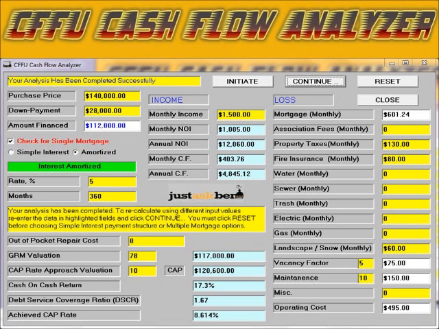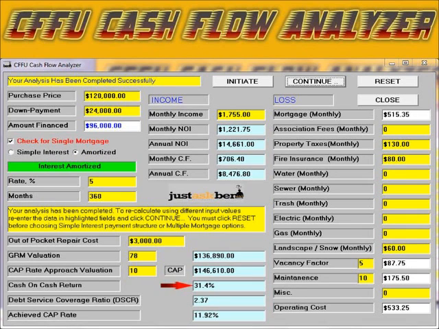So in the original proposal, this is where we paid $140,000 for the building for $1,500 a month of revenue. The total cash investment was $28,000. It was the down payment. And as you can see, the cash-on-cash was 17.3%. By buying the building for $120,000 and investing $3,000 into upgrades which enable us to increase the revenue from $1,500 to $1,755 a month, we're able to generate